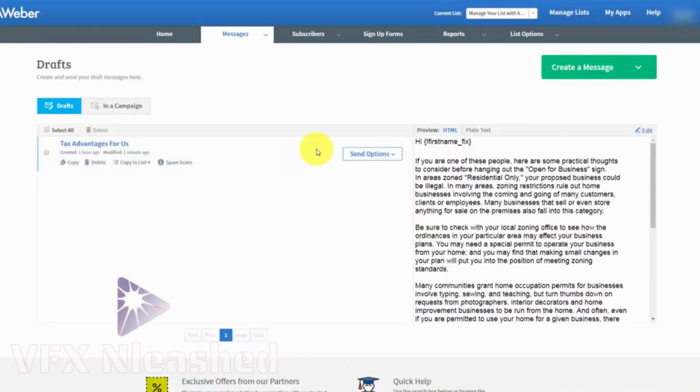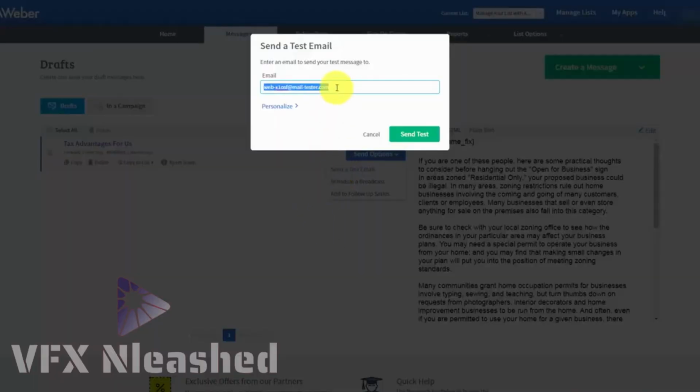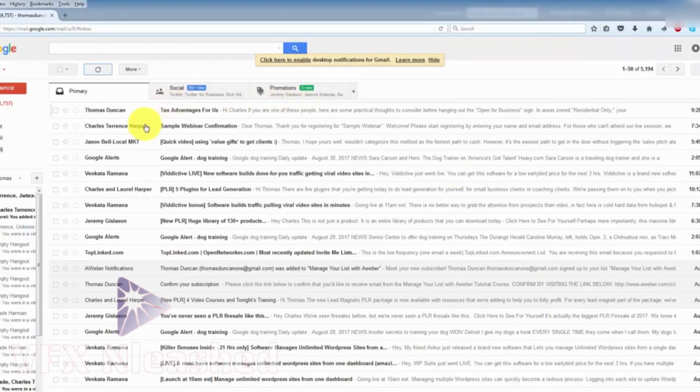Now, one thing that we can do is send this email to ourselves by sending a test email. And we'll write our email address here in the box. To make sure that it makes it into our box and it doesn't go to the spam filter, all we have to do is click Send Test. And when we see the email inside of our box, we've got a pretty good indication that this could be a good email and it will